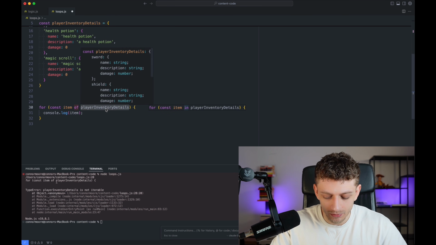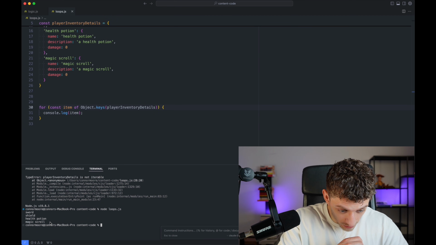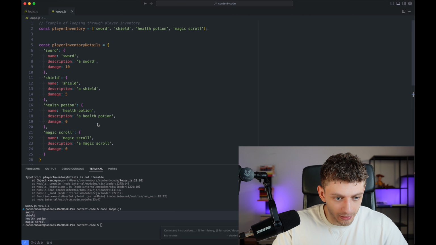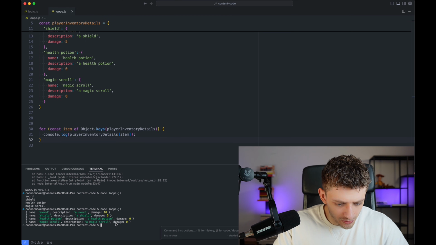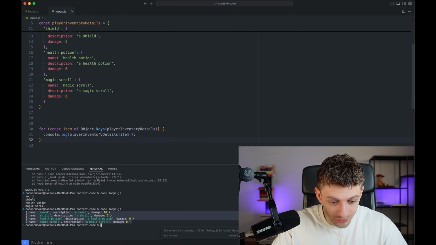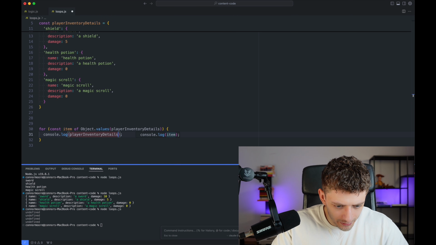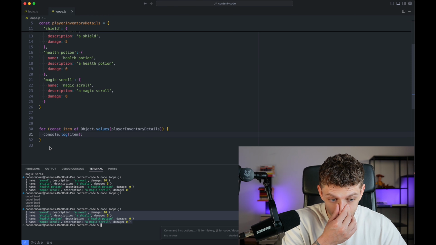So let's do object.keys, and then when we log this, as you can see, we're getting all of the keys now for the object. And if we were to perhaps do something like player inventory details and then use that, now we're able to access those. Or you could do the same. So here we're just logging out all of those values, or you could do values. So if you log that, then you can just get the values directly if you wanted to do that